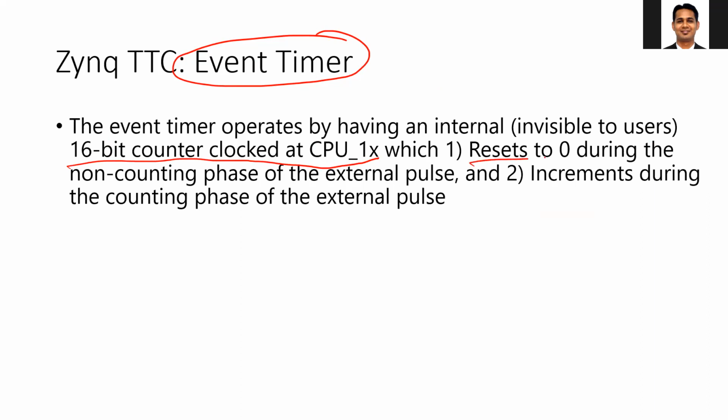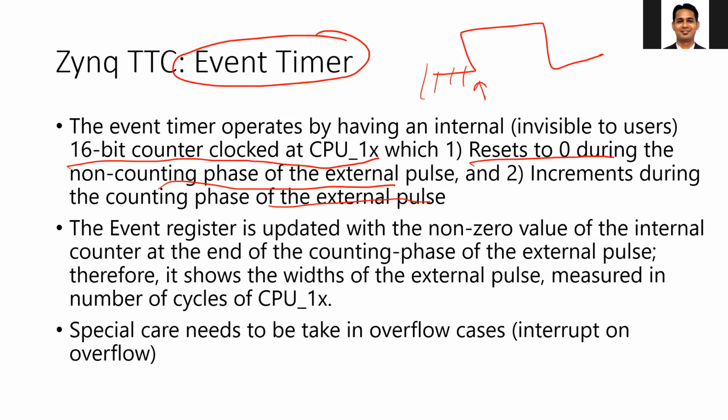which reset to 0 during the non-counting phase of the external pulse. For example, you have configured this counter to start counting when this external pulse becomes 1. So when the external pulse is 0, this will be reset to 0. And as soon as this external pulse becomes 1, it will start incrementing during the counting phase of the external pulse. So this event register is updated with the non-zero value of the internal counter at the end of this